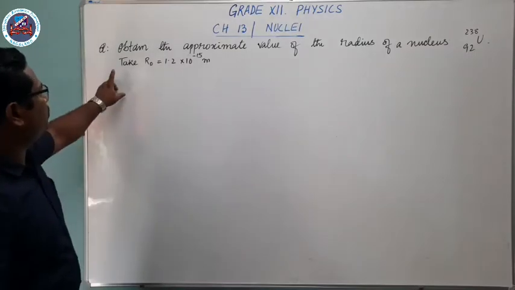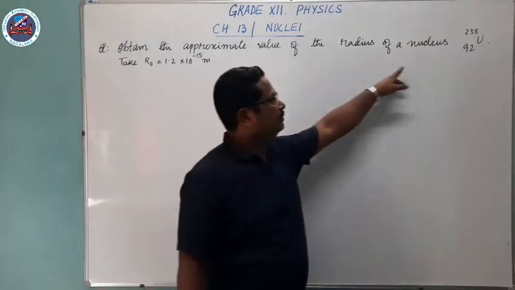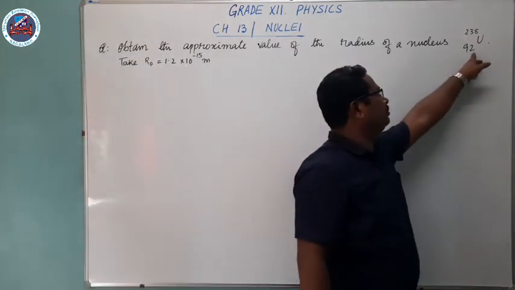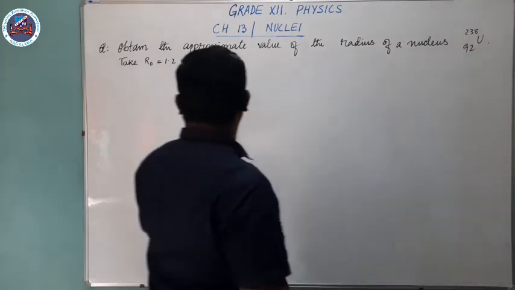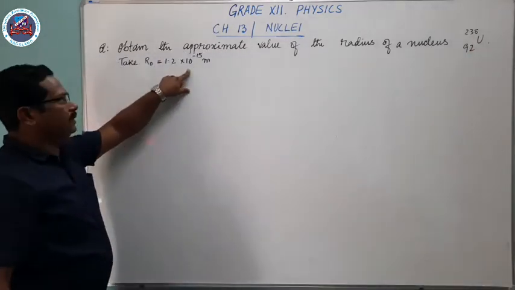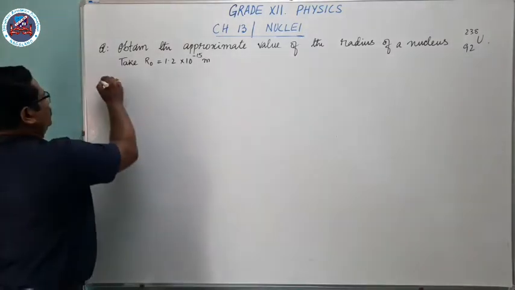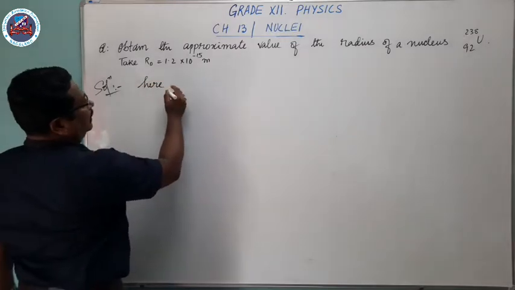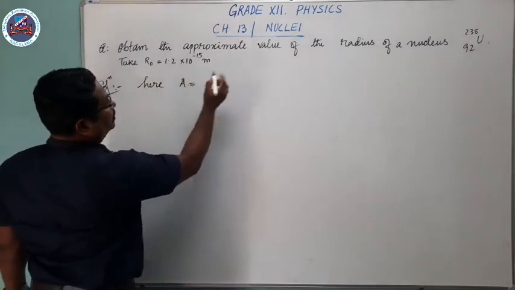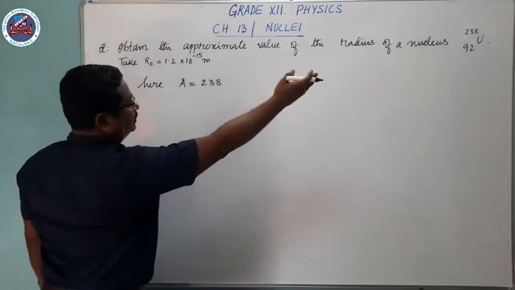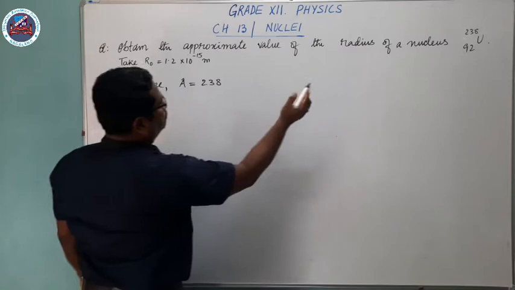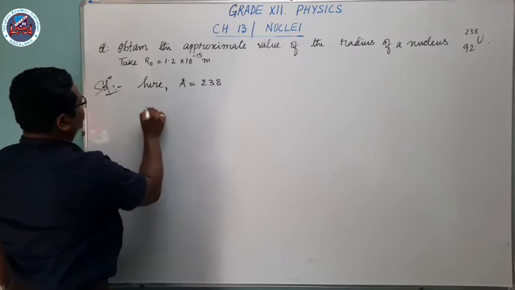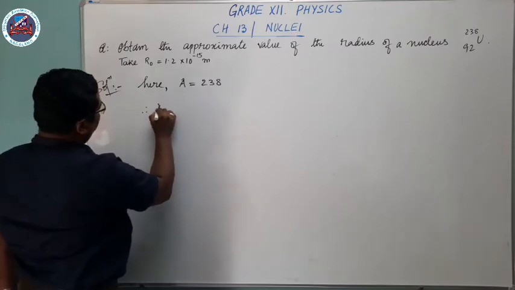So here is one question. Obtain the approximate value of the radius of a nucleus of uranium 238, 92. Uranium's atomic number is 92, mass is 238. Take r naught equal to, if you don't give the value also you should know this value, but it will be given generally. So here atomic mass A is equal to 238. You can see clearly the uranium atom is given. Then what else do you require? R naught you require, it's already there. Therefore the approximate value of radius